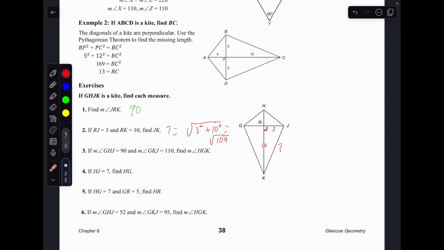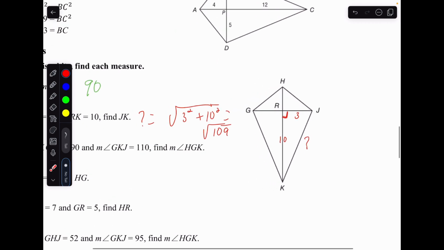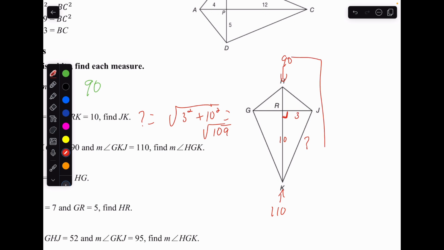For the next one, GHJ is 90. GHJ, that whole angle over here is 90 for this point in particular. GKJ, this one down here, is 110. Find HGK. Okay, so let's see. It's telling me that over here I have a 90, but down here I have 110. Now if I add those two together, it's going to be